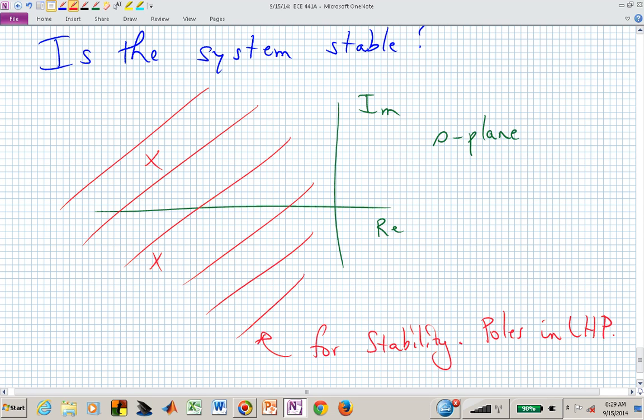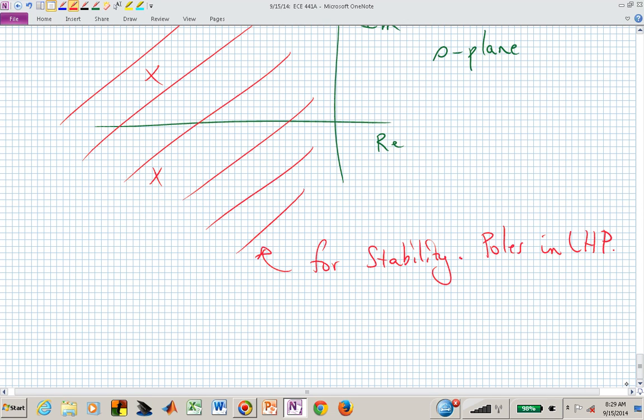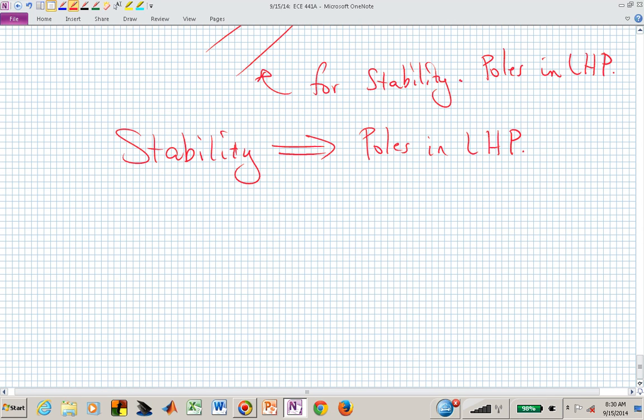And we know that that means the complex S-plane. So if somebody is looking for stability, they say, oh, are the poles in the left half plane? If we go back to our example,